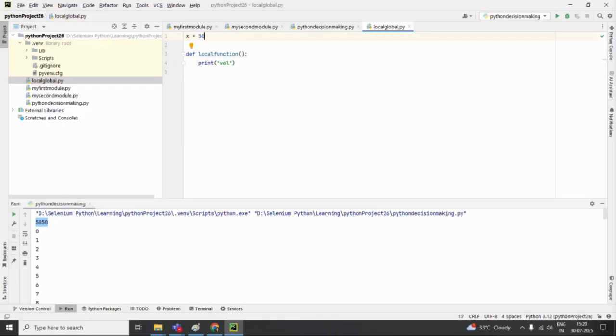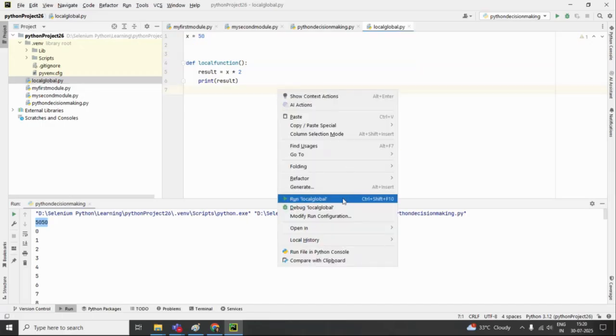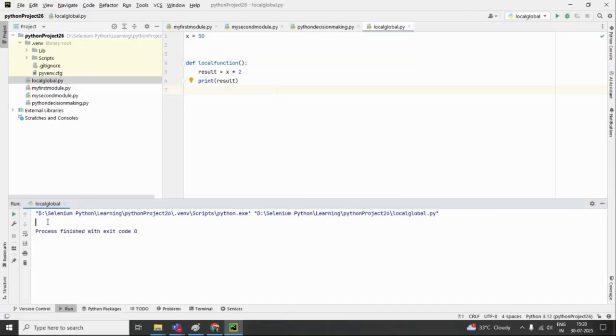Now suppose what I want here, I will say result is equal to x into 2, and I will say print result. Now if I run this, it will not print anything